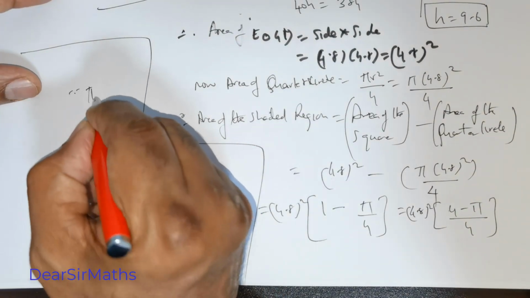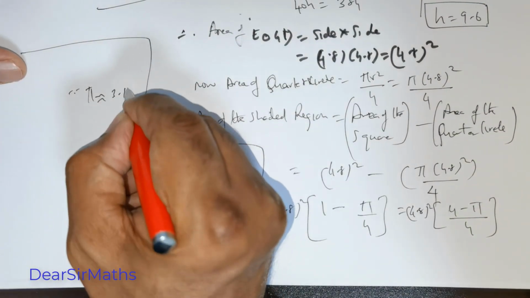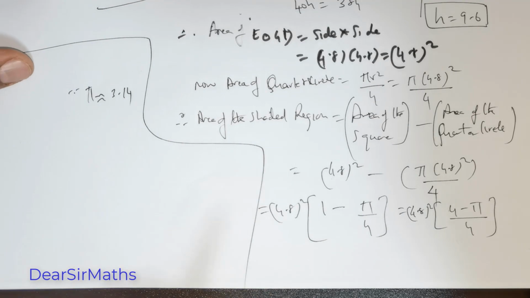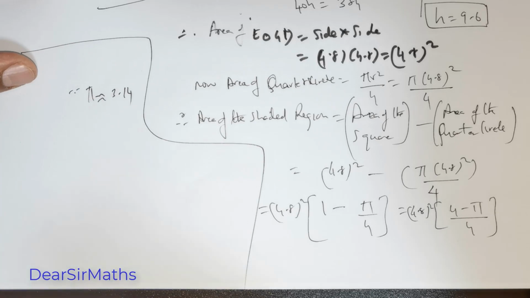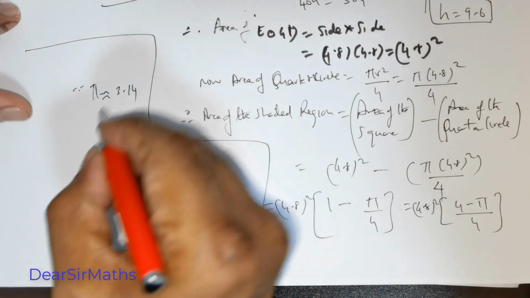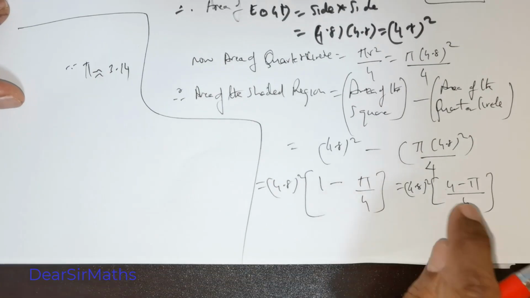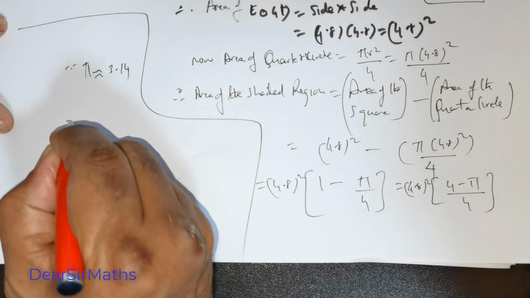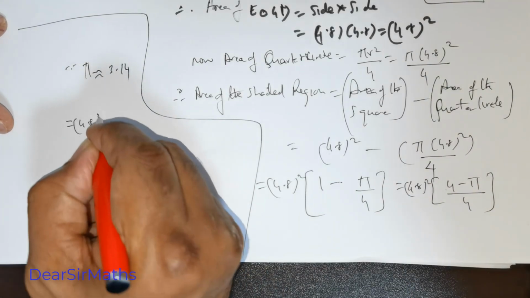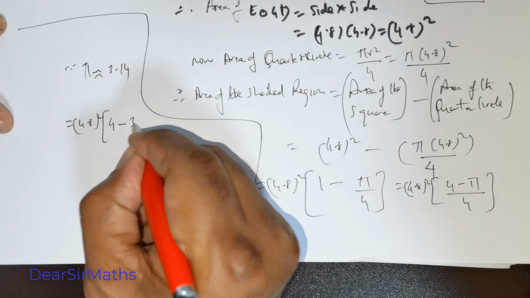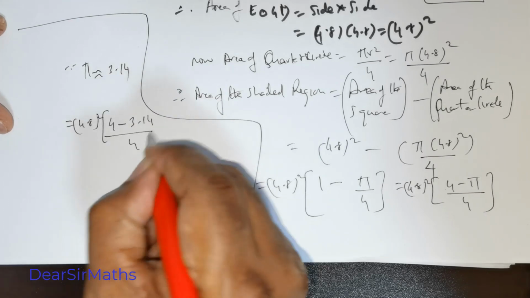Now what is pi? I'm taking pi as approximately 3.14, right? So that would mean I can now rewrite this as 4.8 squared times 4 minus 3.14 divided by 4,